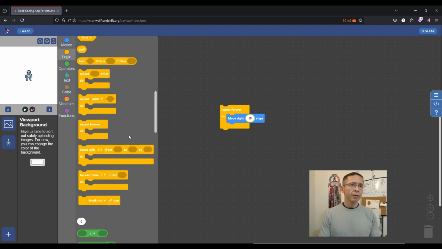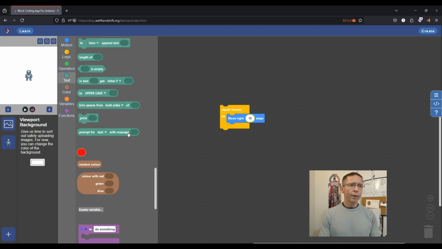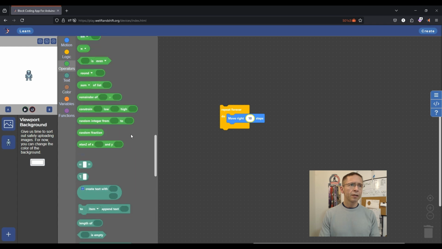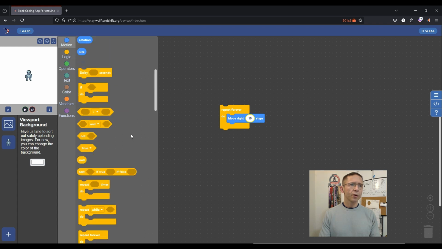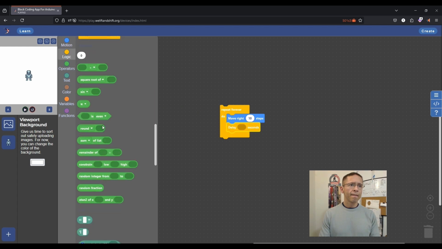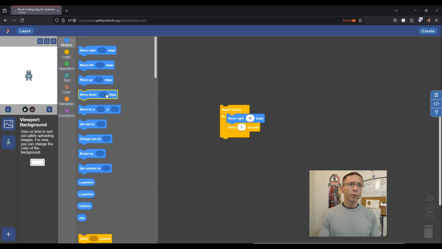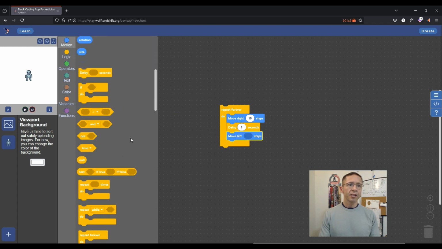Do we have a wait in here? I think we have a wait. I'm pretty sure there was a delay. Delay. We'll make it a 1 second delay because we want to go. Let's say move left 10 steps,